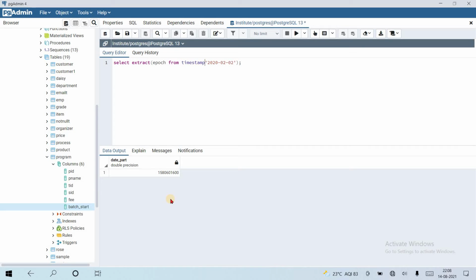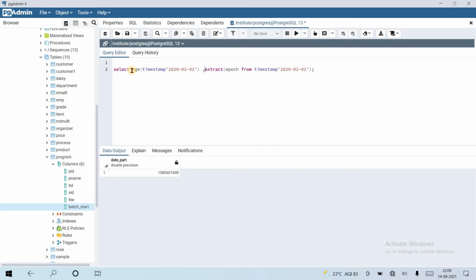Suppose we compare both. Let us first select age of timestamp, suppose 2020-02-02.